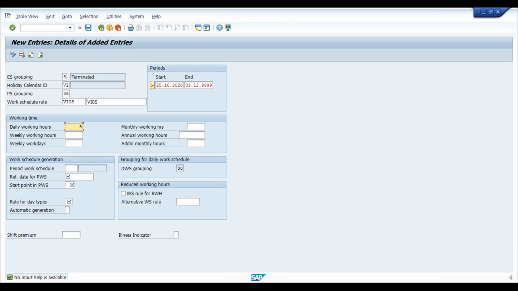Enter daily working hours, that is 8 hours. And if you calculate for 5 work days, that will be around 40 hours for weekly. So enter 40 into weekly, and weekdays we are considering 5 days. And accordingly, if you calculate, monthly working hours will be 160. And if you calculate annual working hours, that will be around 1920. So you have to enter this data,